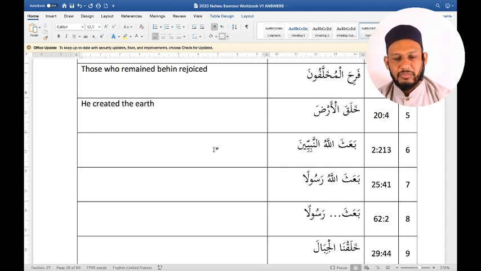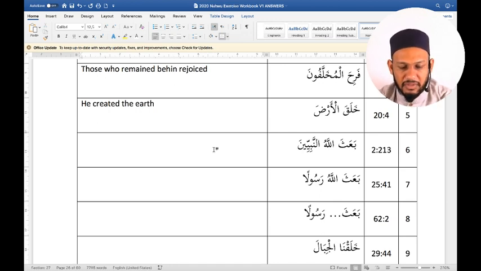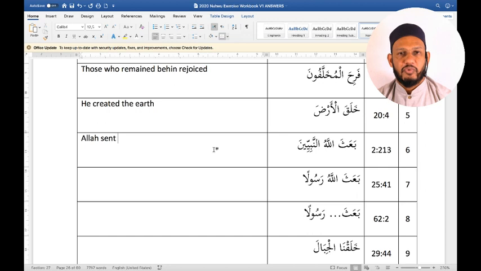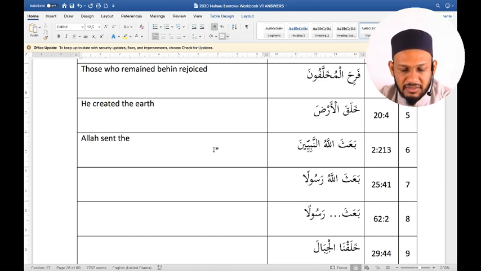Next one. Ba'atha Allahu an-nabiyyin. Ba'atha means sent. Again, I look for the fa'il. I look at the end. It's not at the end. The fa'il is not going to be on the left. The word Allah is the fa'il in raf'un there. Therefore, the word Allah is the fa'il. Allah sent. Would Allah send an-nabiyyin? An-nabiyyin there is maf'ulun bihi. It's a sound male plural. In raf'un it would be an-nabiyyun. In nasbun it would be an-nabiyyin. Allah sent the prophets.